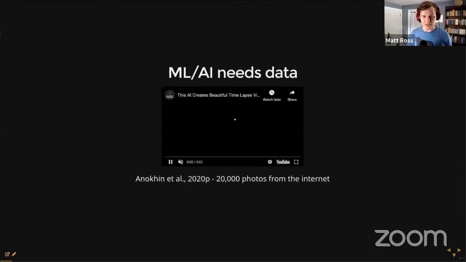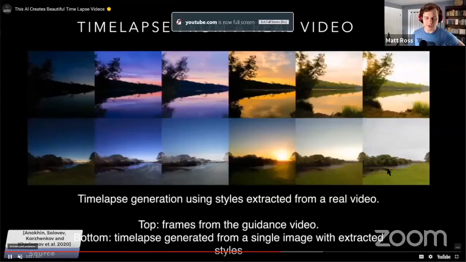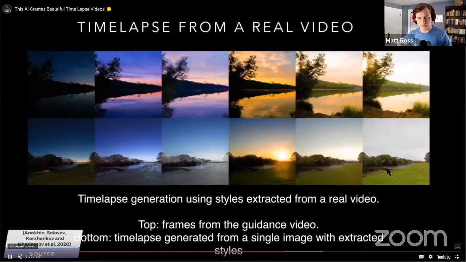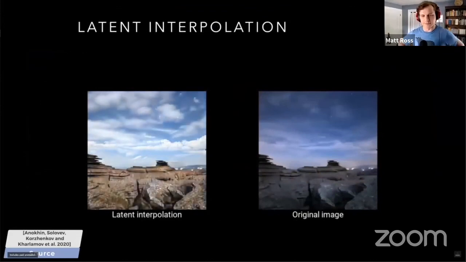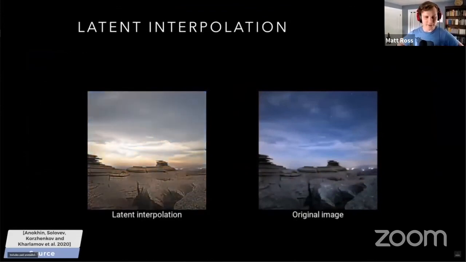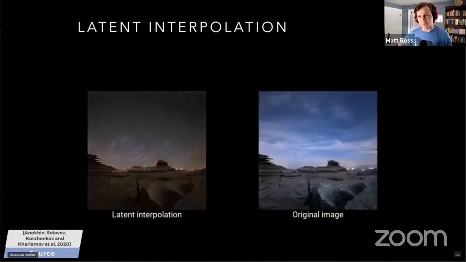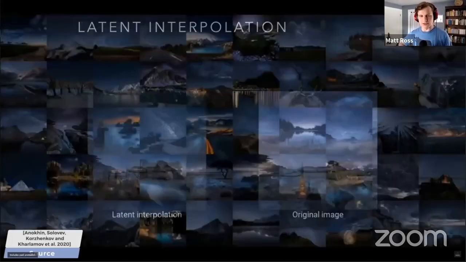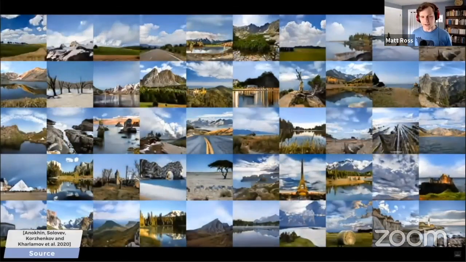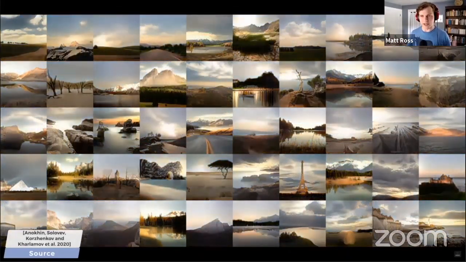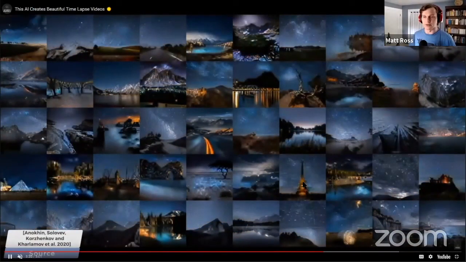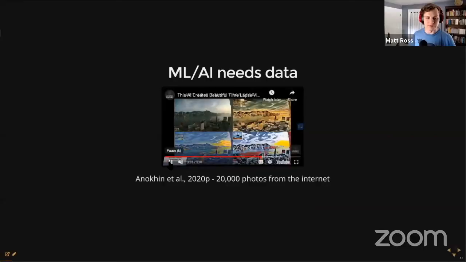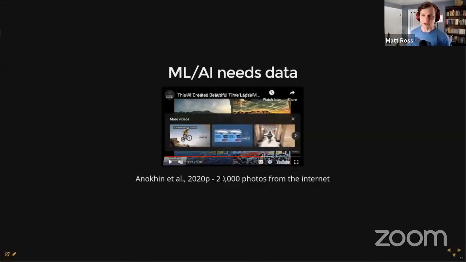So I hope it's clear from this talk so far that a lot of what is cool and going on in machine learning and AI more generally, not just within the aquatic sciences, requires a lot of data. This is a really cool little paper I found from a YouTube channel I really like, just showing how they trained a neural net to basically impute sunsets and sunrises on any given static image. And of course, to do this, they had to use videos and images that were in public archives. So they scraped the web for a bunch of information, and they used 20,000 photos from the internet that were either of sunrise or midday or whatever, and then they built their model based on all this